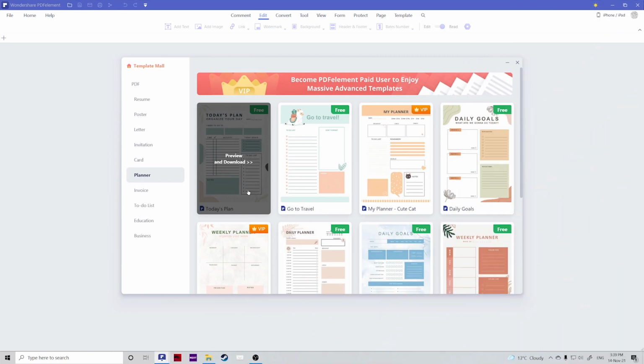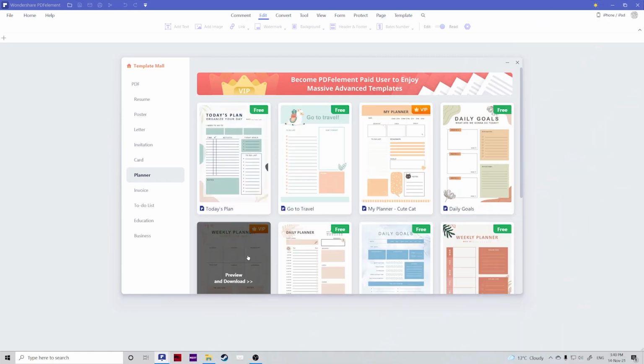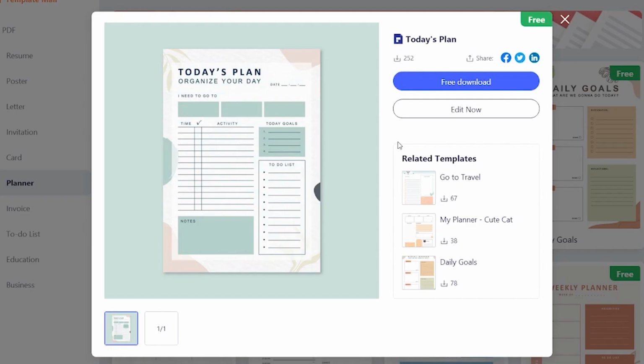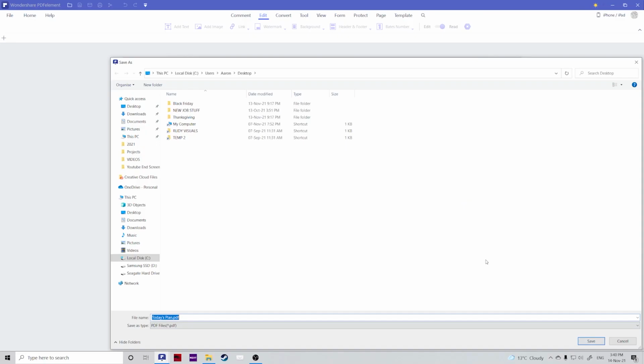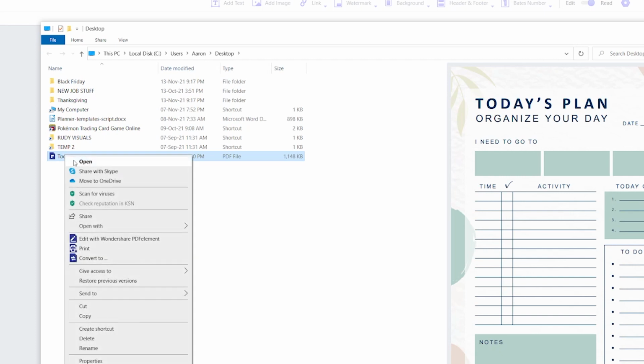So once you have the planner templates up and open, and you have selected the template you want to use, you'll see that we have two main options here. So firstly, we can download the template as is by clicking on free download. This will allow you to save the file. And as you can see here, it's been saved on my computer's desktop. I can then open this, I can print it, I can share, I can do whatever I want with it